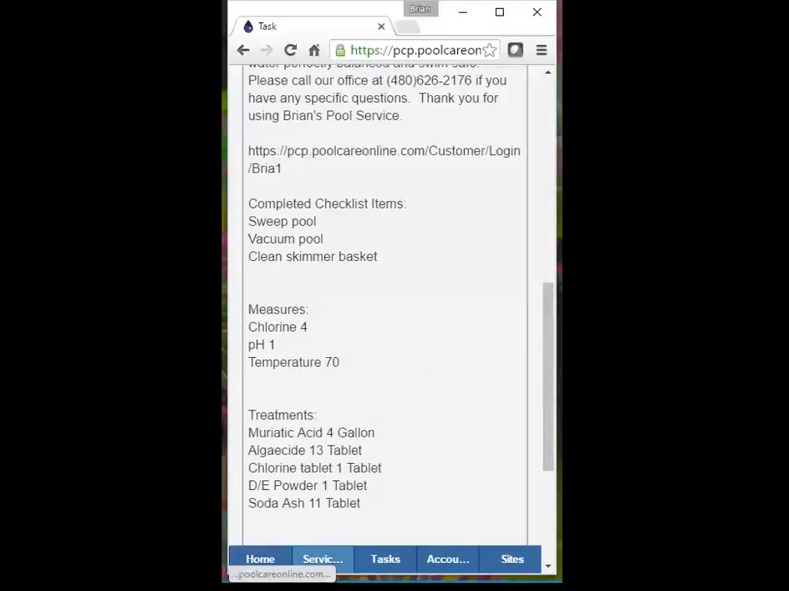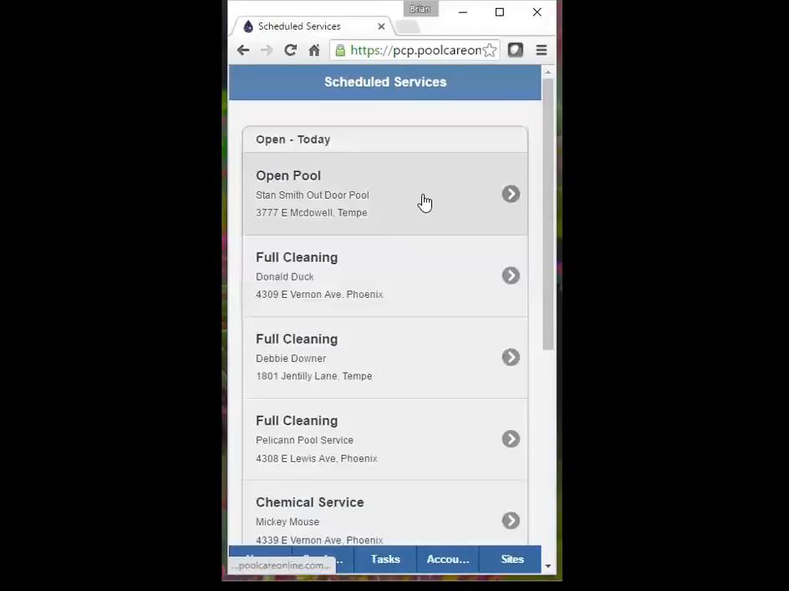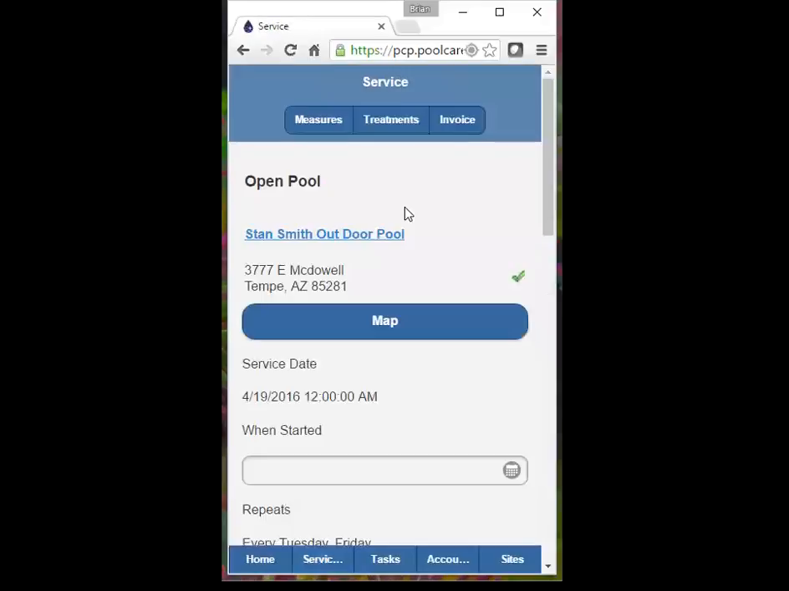Okay? And again, these are user definable as well, whether you want to include these in the templates or not. Okay? So if we go back to the services, we'll go to the next pool here. And say you wanted to take a photo of this pool. What you do is, where this link here, this is the site location, you can actually click on that site itself,